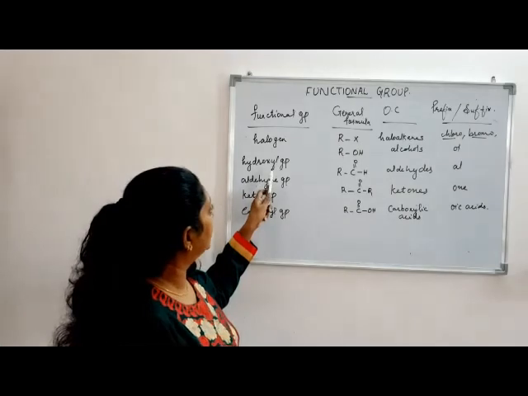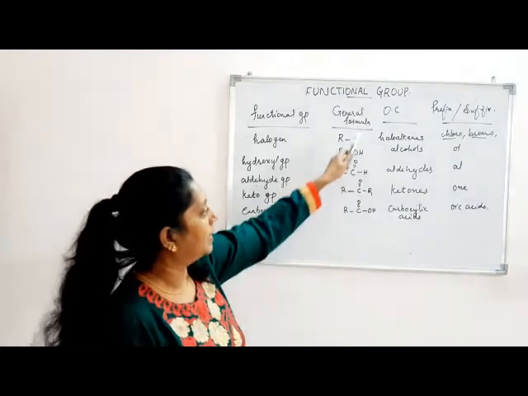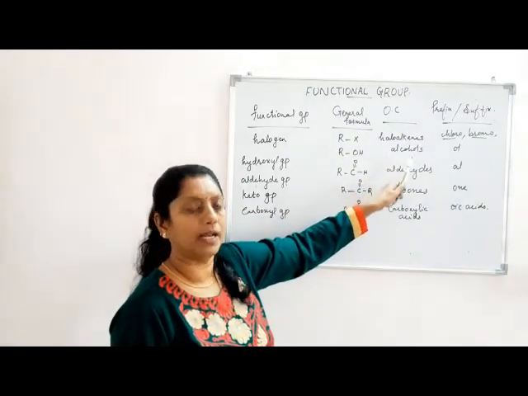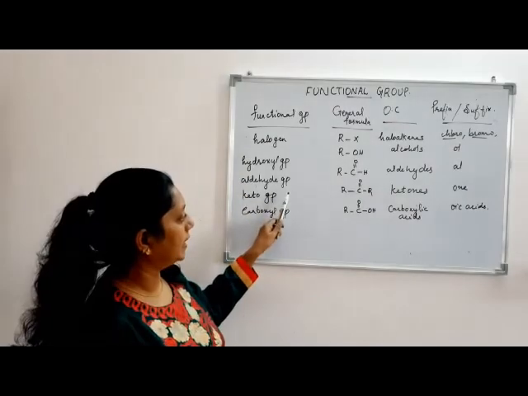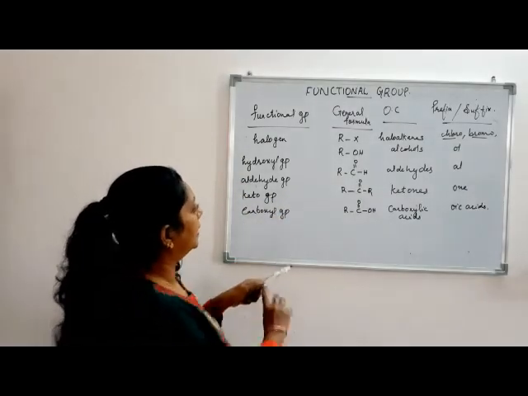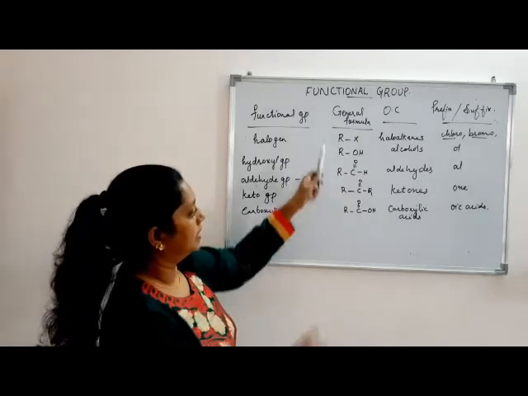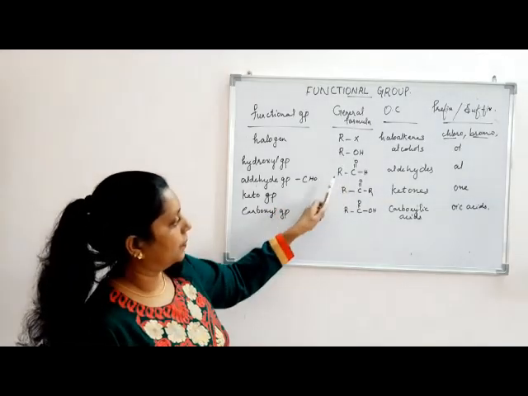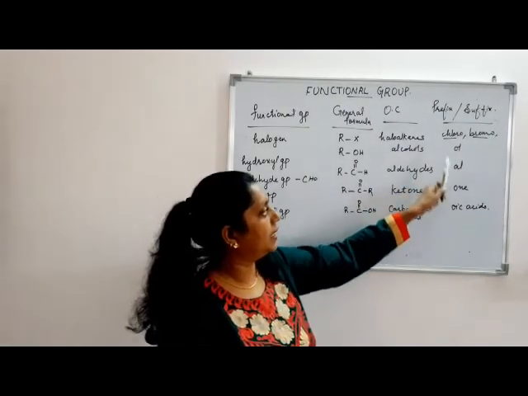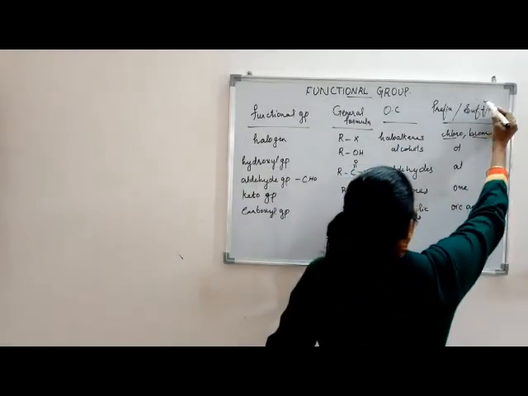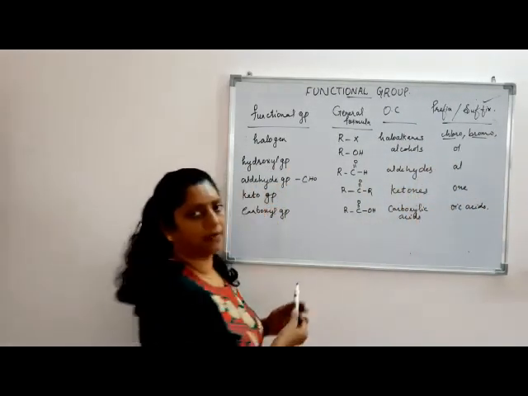Now, if hydroxyl group, that is OH group is present, the general formula is ROH and the compounds are called alcohols. The prefix used is OL. Next is aldehyde group, the functional group is CHO, that is the general formula is RCHO. R is the alkane part. Such compounds are called aldehydes, and Al is the suffix we are using. Prefix is only for the haloalkane, the rest are suffix used.